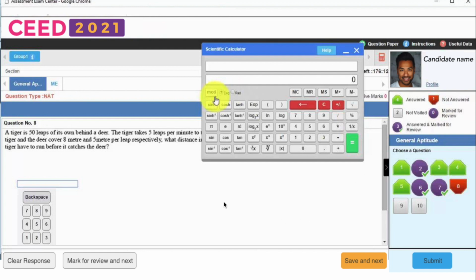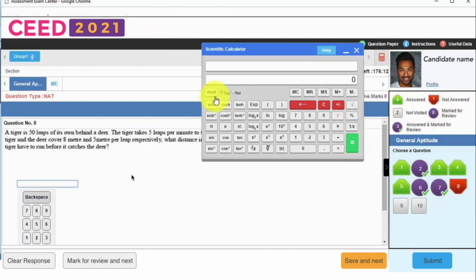Now, a point to note here is that there is an on-screen calculator available. This on-screen calculator will be a simple one and not really a scientific one as you see here, and it is not recommended to use. Why, you ask? The answer is simple. You will waste some time in keying in the numbers. And honestly speaking, I never use this calculator because the questions are fairly straightforward and simple.